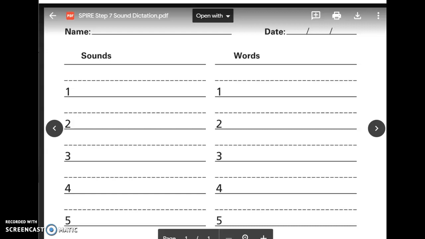Okay, so now I'm going to give you the sound, and you're going to say the letter that makes that sound as you're writing it in your palm, and then you're going to write that letter in the next blank. So for example, I'm going to ask you which letter says eh, and you'll say E because we just did that. And we say E while we write it in our palm, and then we say E and we write it on the paper. Okay, so for the next one, what letter says